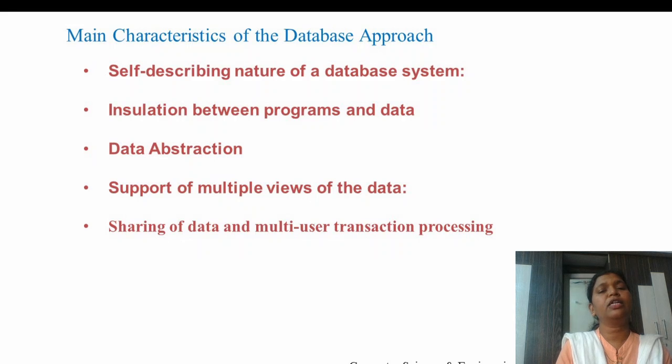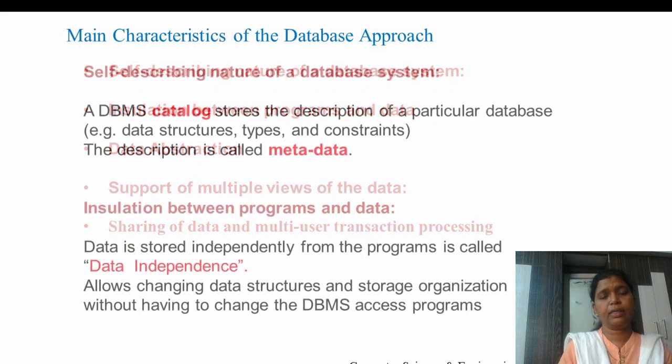Second one is insulation between programs and data, abstraction, support of multiple views of data, and finally sharing of data and multi-user transaction processing. Okay, so these are some of the important characteristics of the database approach. To start with, the first one,